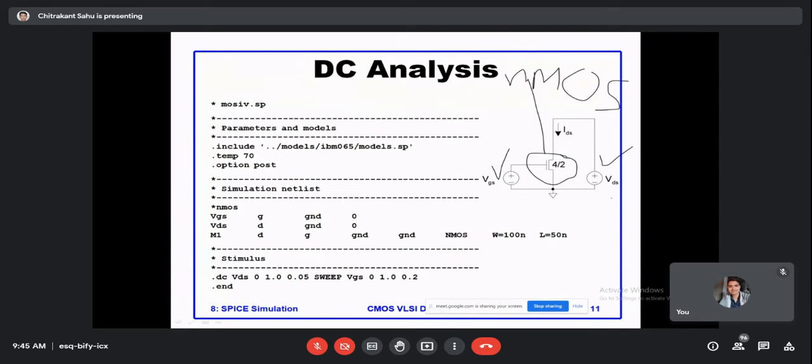If you are familiar with the operation of the N MOSFET, you know that if you apply a voltage greater than the threshold voltage, a channel is formed and it will conduct according to the applied value of VDS. So if you want to make a SPICE netlist, what do you have to do? How many elements are there in the circuit? Three. Two voltage sources and one MOSFET.